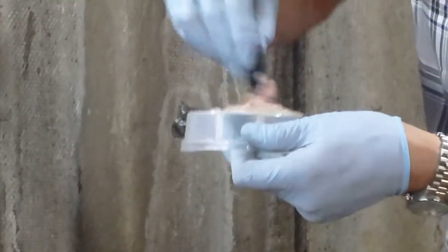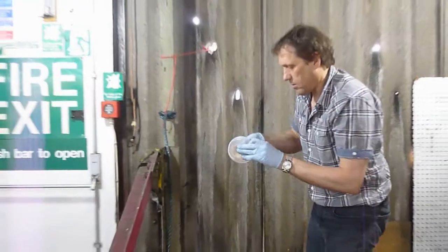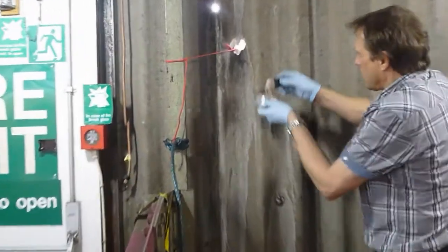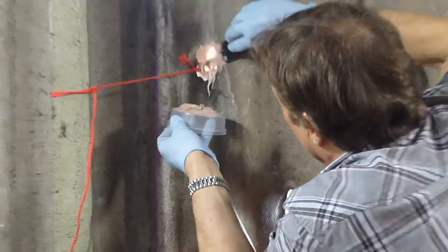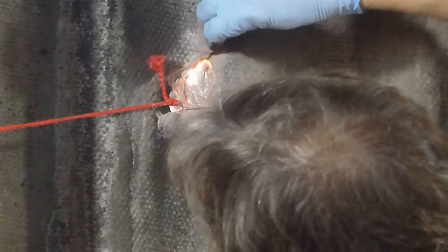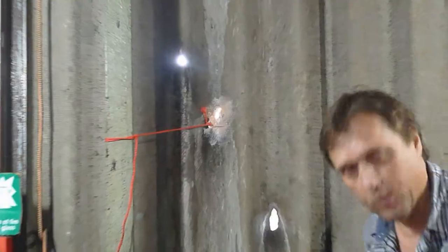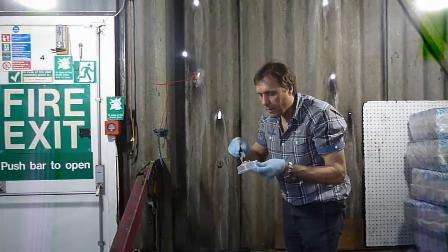You'll notice I'm wearing gloves because these items aren't very good for your skin. Oops. There we are. We'll do that for the one coat, and then what we'll do is we'll cut the string and then put another coat on. Before I dash off for my cup of tea, we've got enough material to fill the very